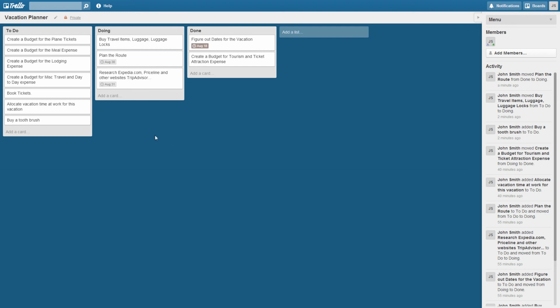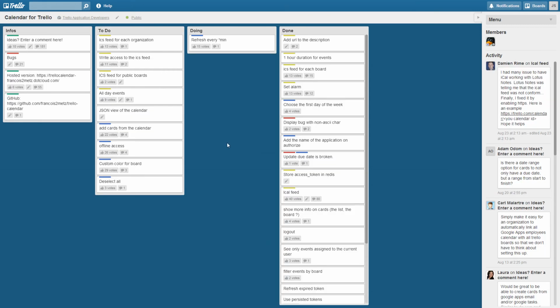So this whiteboard here is I created a project called Vacation Planner. So I basically am saying that planning a vacation is a mini project in itself. But I want to show you kind of like a real project with certain more advanced features or medium features instead of beginners. So here's a project of the Trello software itself, and you could see it's color coded,